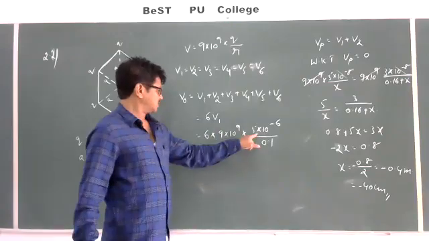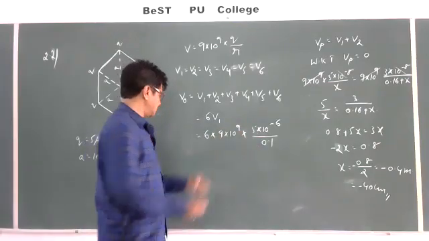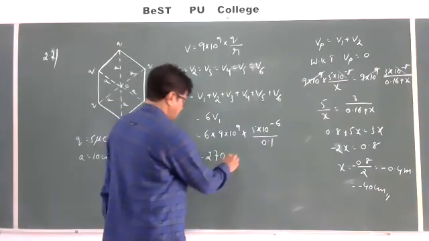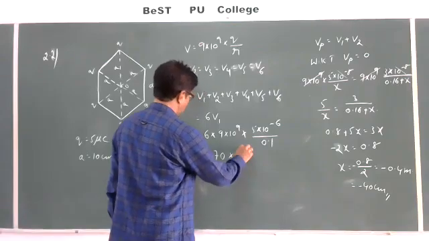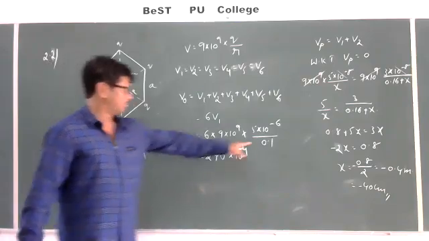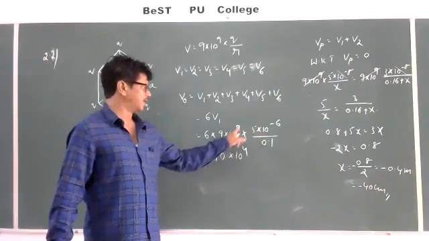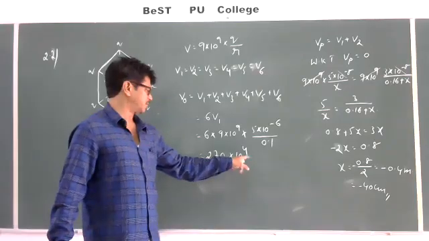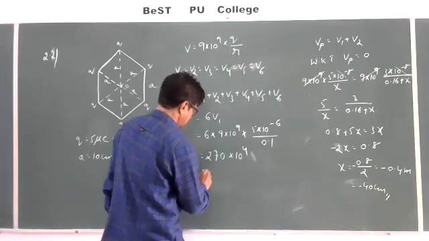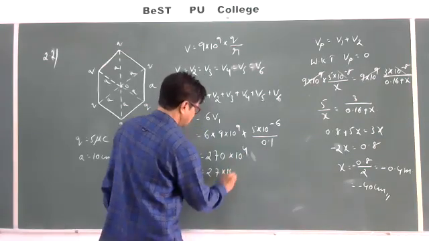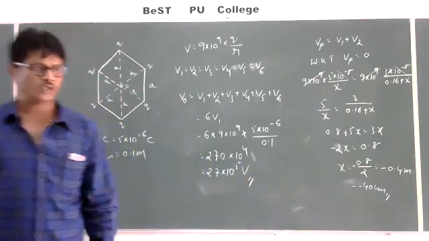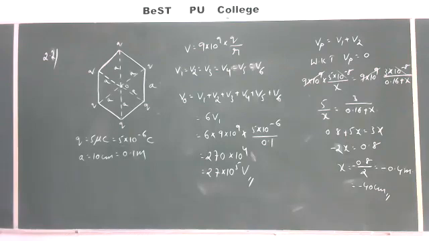So 5 6s are 30, 3 9s are 270. 270 into 10 to the power of 4. If minus 1 goes, it will become 10 to the power of 10, minus 6, 10 to the power of plus 4. Otherwise, 27 into 10 to the power of 5 volt. So the total potential at O is equal to